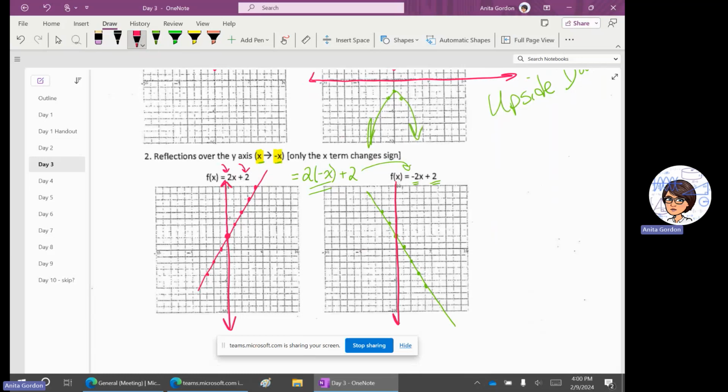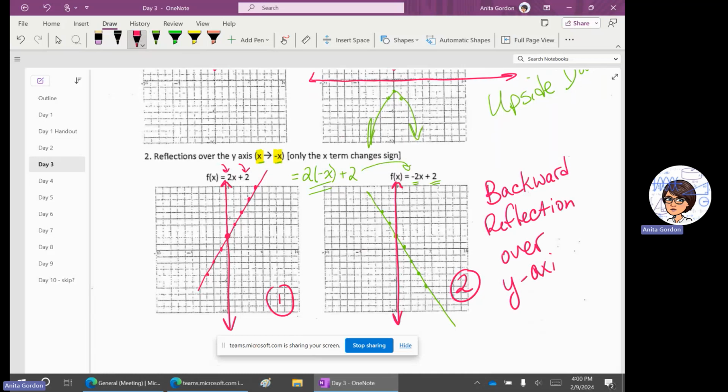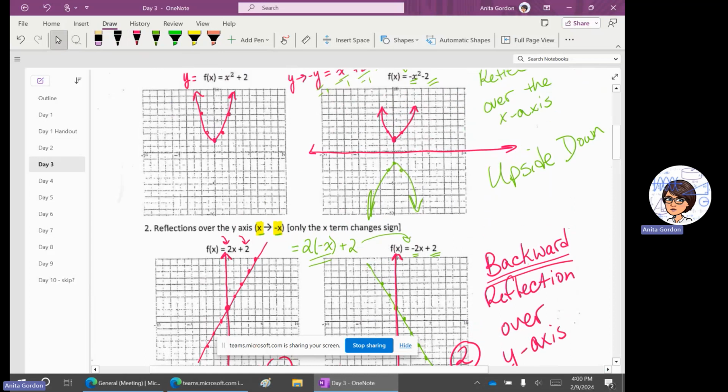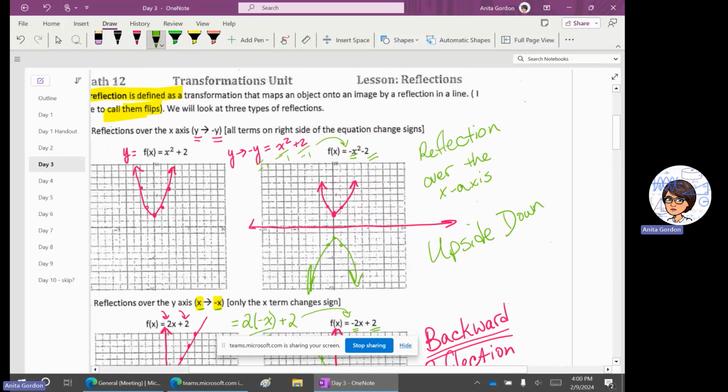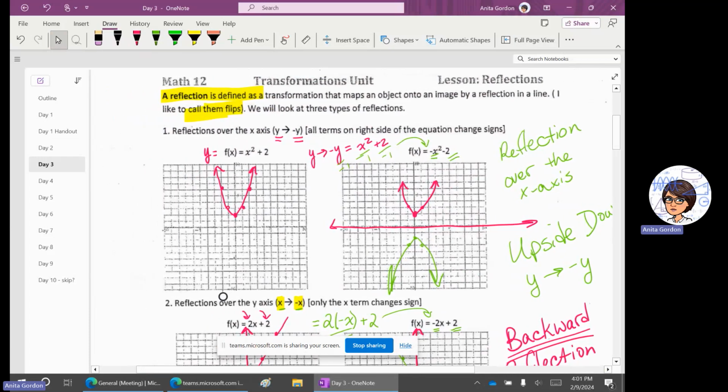Here is the y-axis. You can see that line number 1 has been reflected backward over the y-axis. So this is a reflection over the y-axis. When we are going backwards, we are replacing x with negative x. When we are flipping things upside down, we are taking our y and replacing it with negative y. And on the next page, we're going to do some examples of specific equations